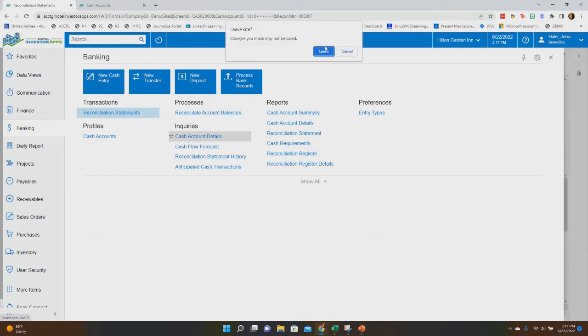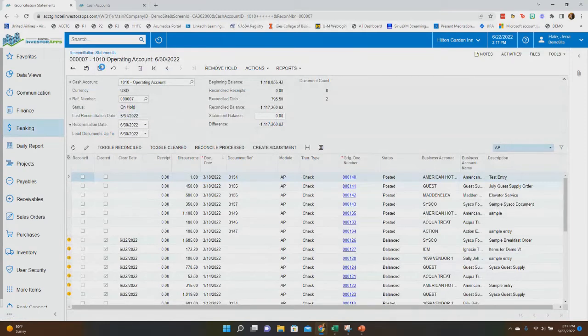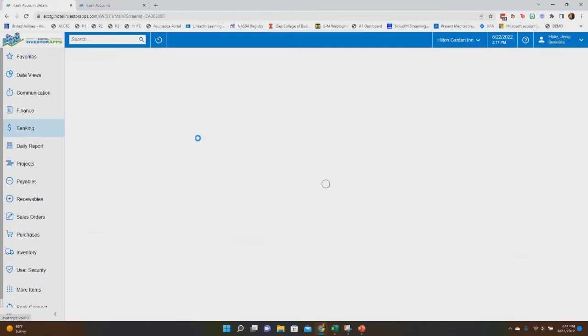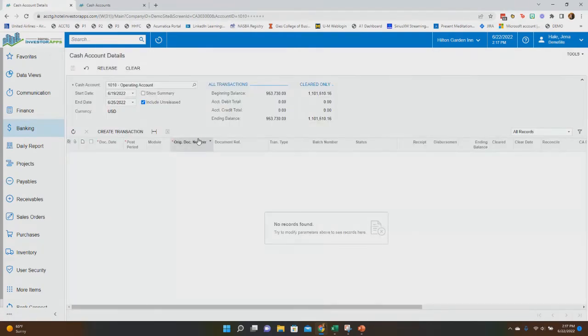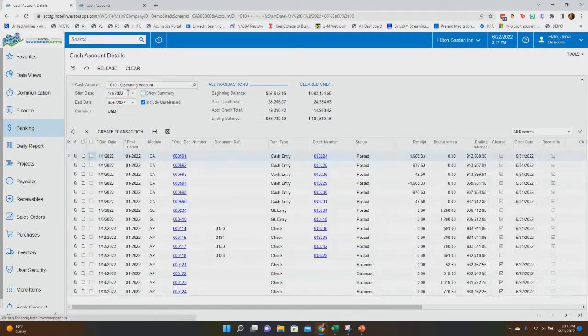And on this screen, let me cancel and save. Always my favorite thing that it does warn me when I haven't saved something. When we come into our cash account details, this is going to allow you to look at all of the different cash transactions. Once again, this is going to be coming in based on the transaction date, not the post period. So we can come in here, and if we want to look at this past year,